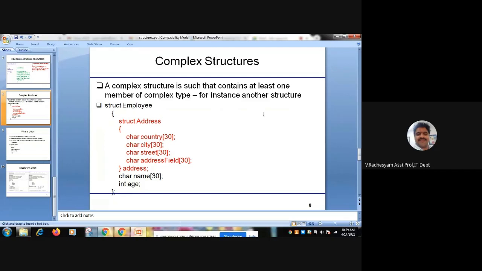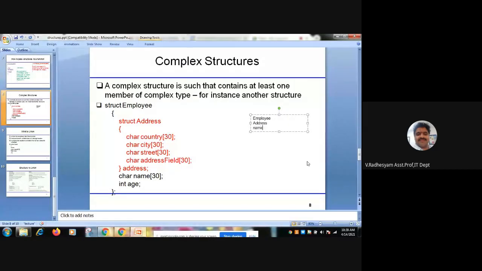Friends, suppose I am considering employee data. An employee may have an address. If you are giving a job to any employee, you should take the employee's address.